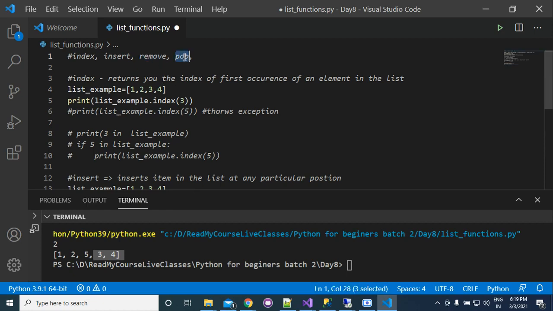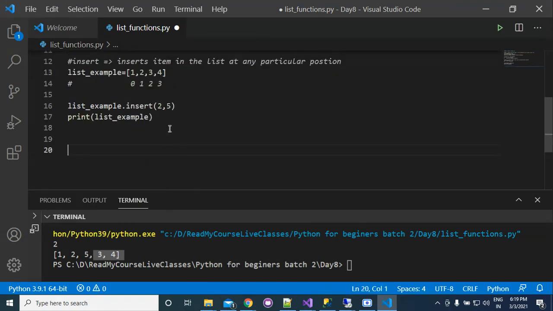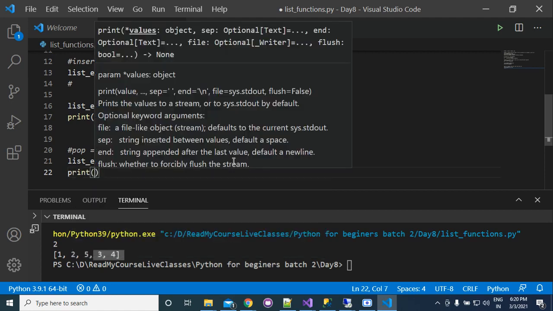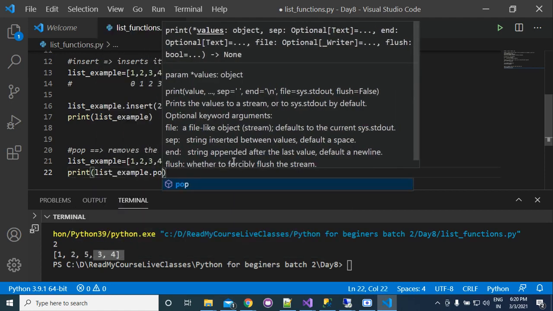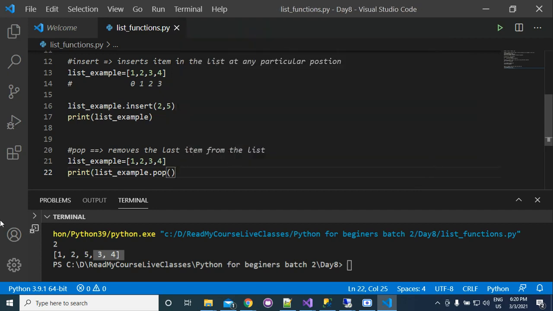Now the next method we will have is pop. So what does pop basically do? It removes the last item from the list. Suppose our list is this, and if we write print and then list example dot pop, it will not print anything.